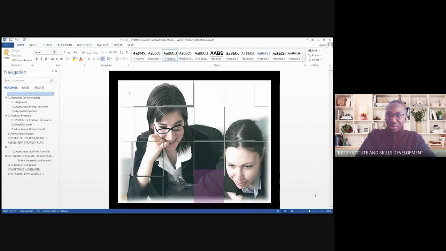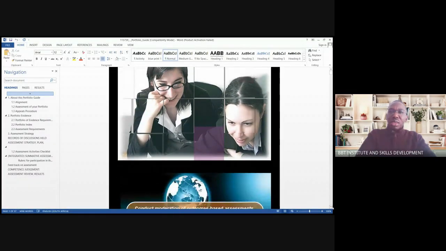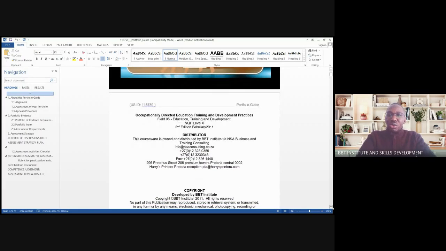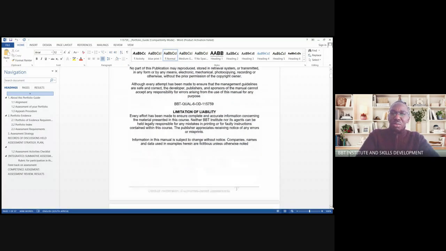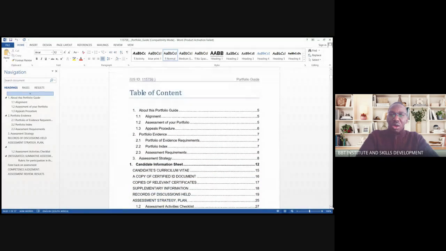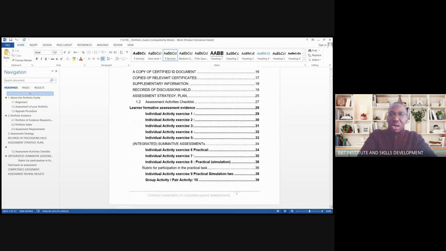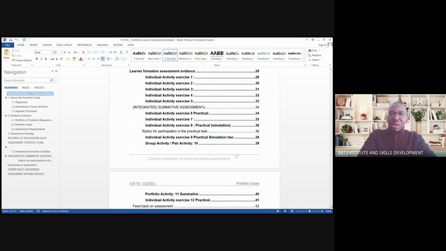If you can see from the first page, the document indicates that everything highlighted in yellow is what you complete. Where they ask you your name, your surname, your ID, all this is what's supposed to be completed. All activities are put into Microsoft Word. So you must be able to type the answers or use a separate sheet, complete it separately, and then attach or upload it to your portal. All the questions are indicated in the moderation guide rather than being separate.